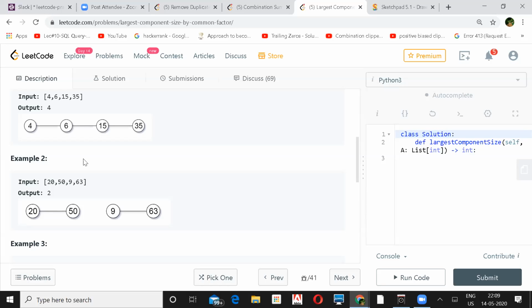When you do that, you try to connect each of those elements of that array, and at the end you come out of the DSU, and then you try to find how many of them are connected for each value of that array element, and whichever is the largest maximum value, you return it.